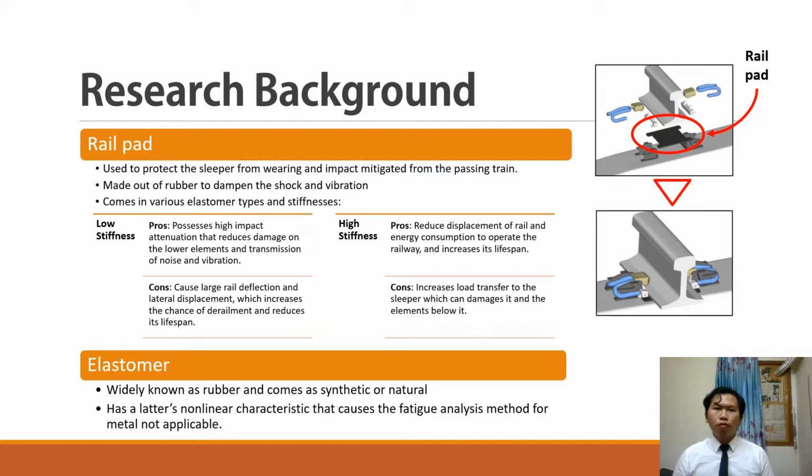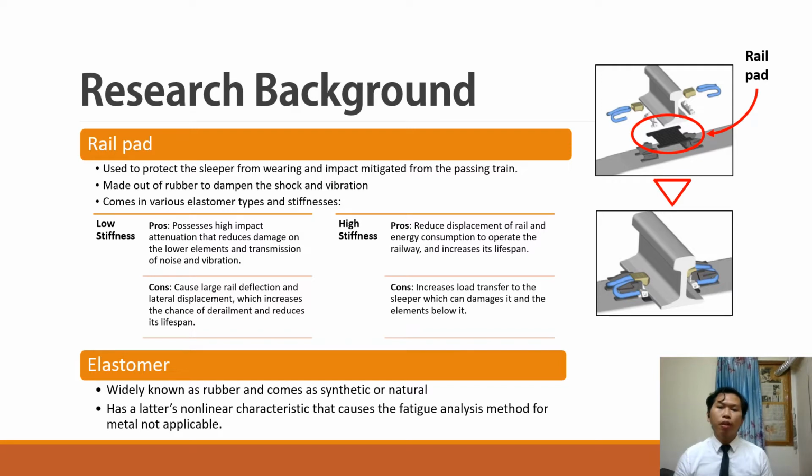It also comes in various elastomer types and stiffnesses, where studies show that low stiffness and high stiffness railpads have their own pros and cons. For the low stiffness railpad, it possesses high impact attenuation that reduces damage on lower elements and the transmission of noise and vibration, but it causes large rail deflection and lateral displacement, which increases the chance of derailment and reduces